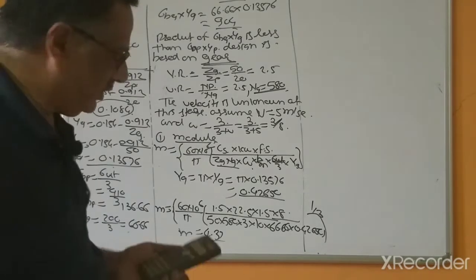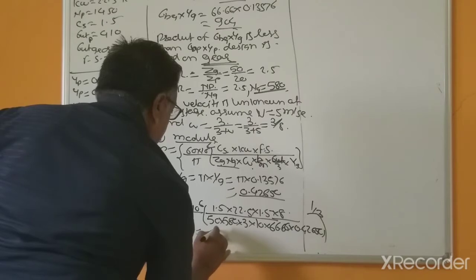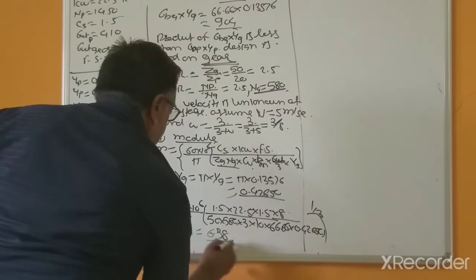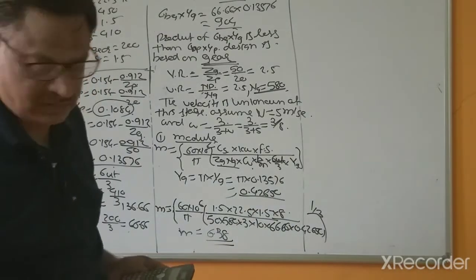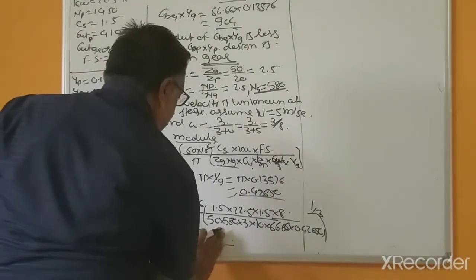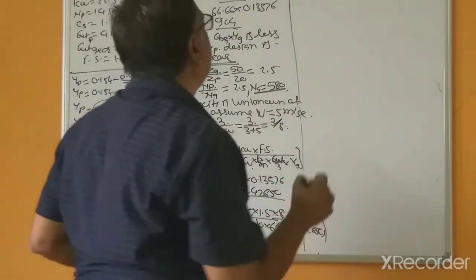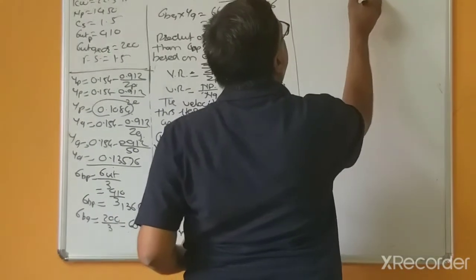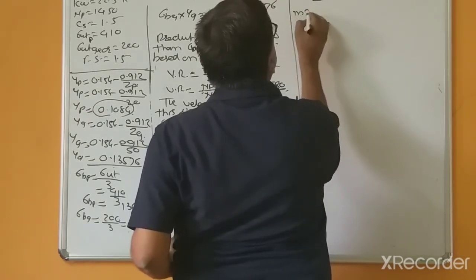So this value is 6.38. So then 6.78. So that's why module is 7 mm. So this is the second choice. Now M is 7 mm,